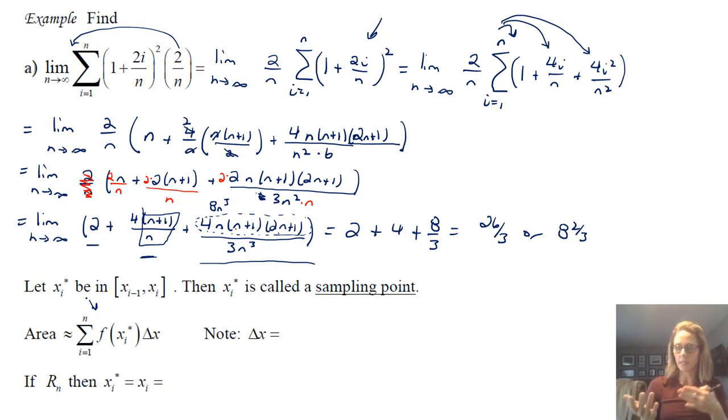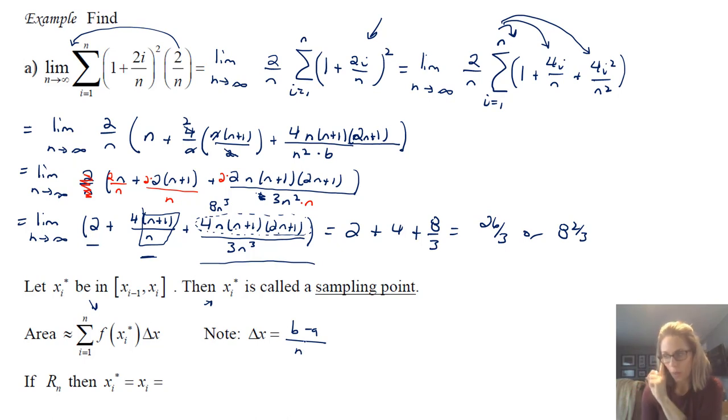And when we talk about left-hand endpoints, right-hand endpoints, so left-hand sum, right-hand sum, we're using specific sampling points, which are some equal distance. But the point of writing it like this is just saying that they really could be anything. You could choose anything. It's just not as systematic as something like equal subdivisions. So the change in x, as we already talked about, is b minus a over n.